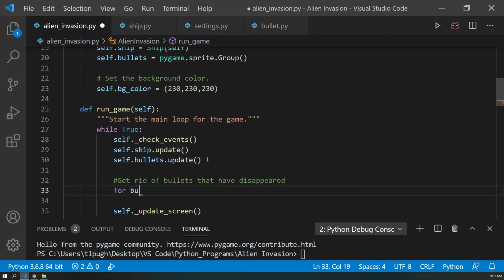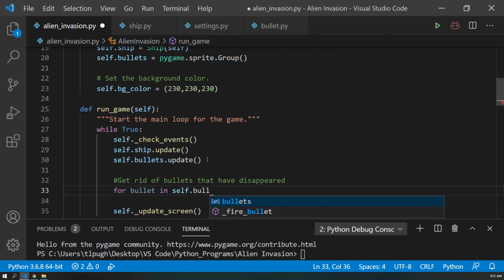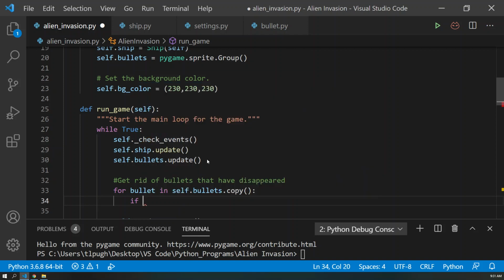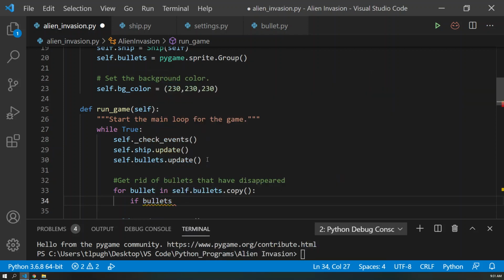And so we'll do for bullet in self.bullet.copy, if bullet.rectangle bottom